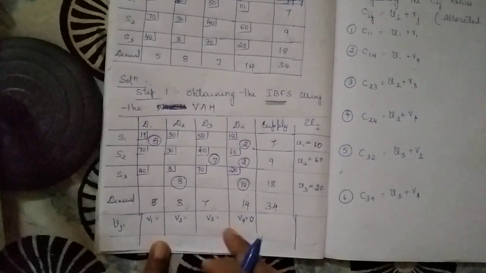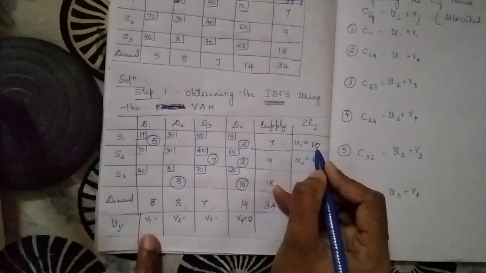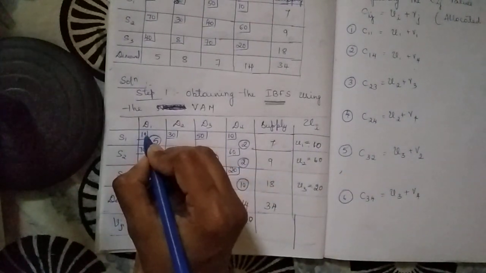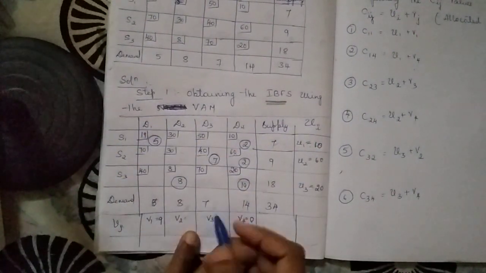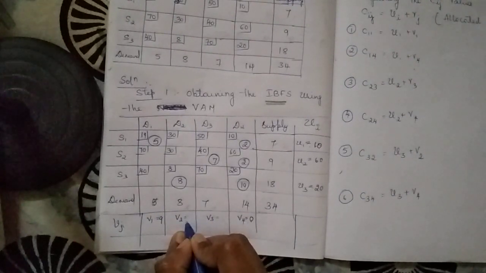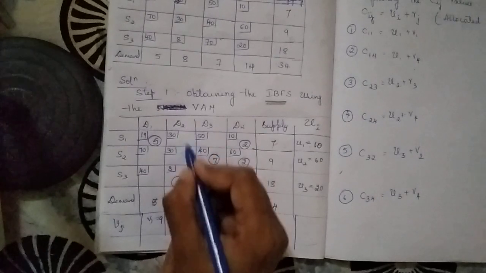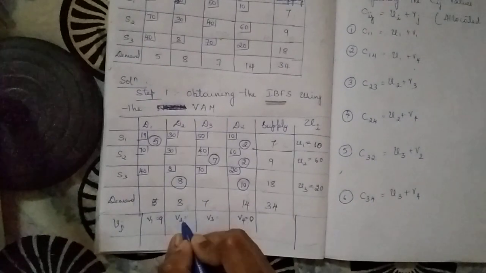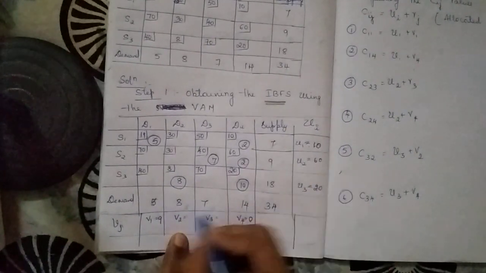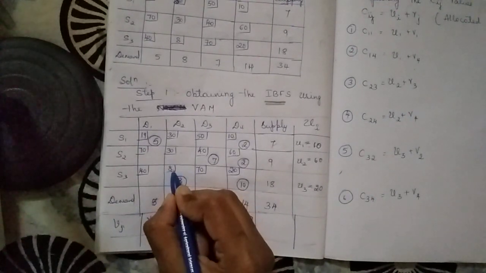Correct? Now let us work out these. Corresponding to v1 and u1, this is the intersecting cell which has the allocation. I have to arrive at 19, right? So 10 plus 9 will be equal to 19. Coming down to v2, there is no need for us to take care of these. Allocation is there in this particular cell, right? So I should take 20 and deduct 12 here. Then I'll get 8, correct?